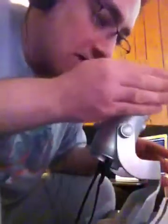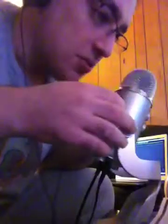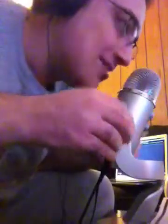Now most likely, you're going to be close enough that the microphone's going to pick you up very well, but if you speak off to the side here, right side or left side, or even if you talk maybe a little bit to the top, you will eliminate those plosives, as opposed to talking directly into the microphone like this, which will pick you up rich, but will also get you the